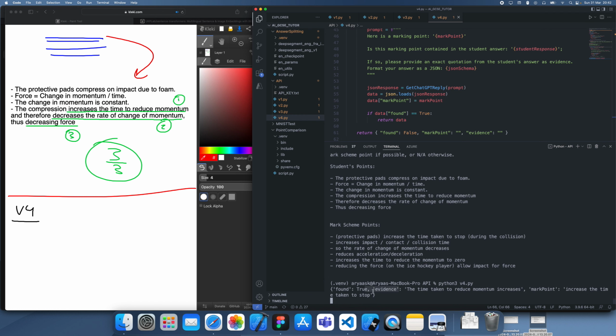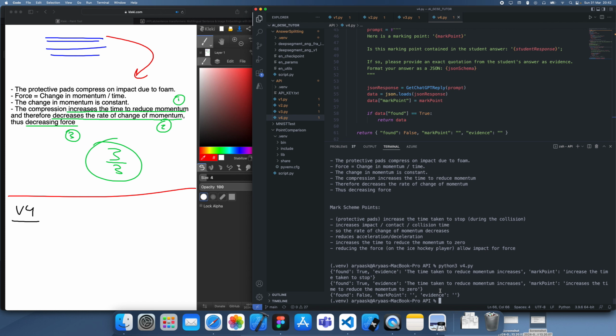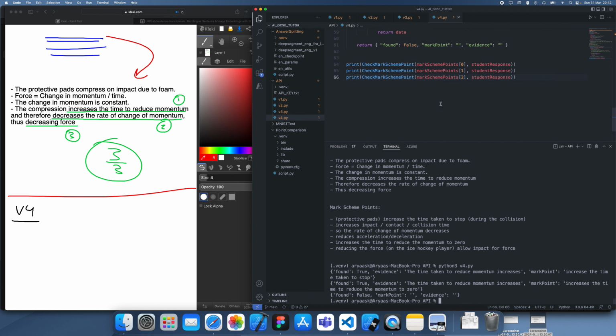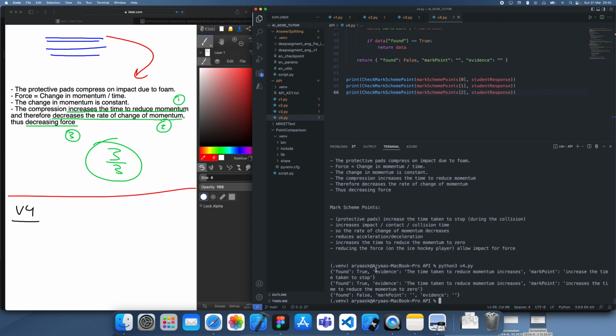This is going to take a bit of time because it's trying to find it, but okay, yeah, so still not 100% accurate. That's the big issue. And okay,